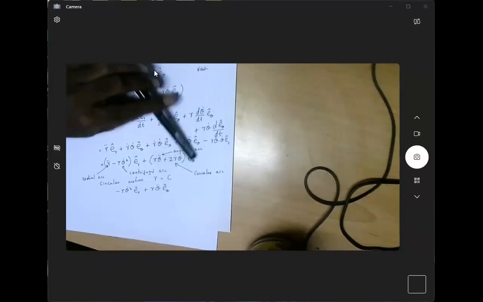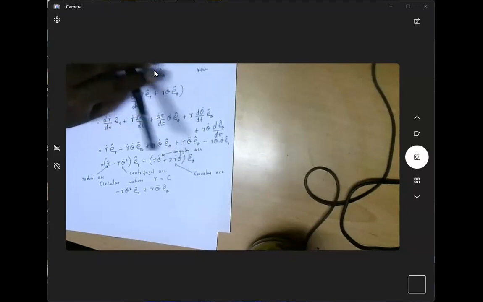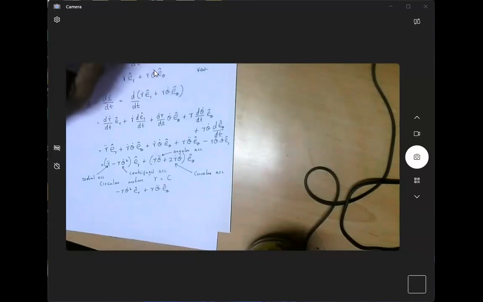And another phenomenon which comes with this acceleration is that when you are in the northern hemisphere, you know that whirlpool